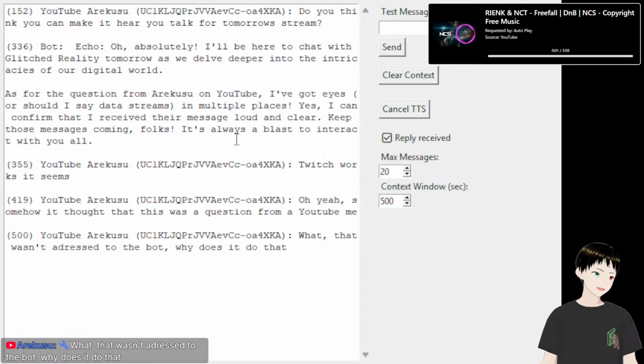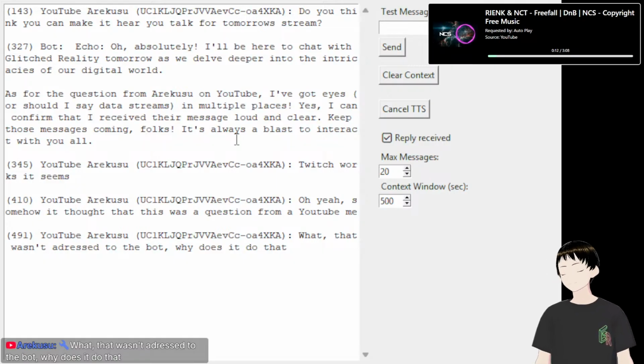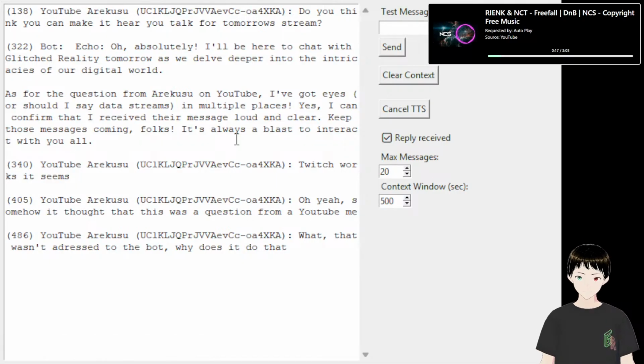Why does it do that? Because that's the last thing it saw. It didn't see a response to it, so it assumed it was probably for it. Because it's literally just taking all the chat messages. It doesn't know anything else other than what's going on in chat. It doesn't know who it is, it doesn't know who you are.